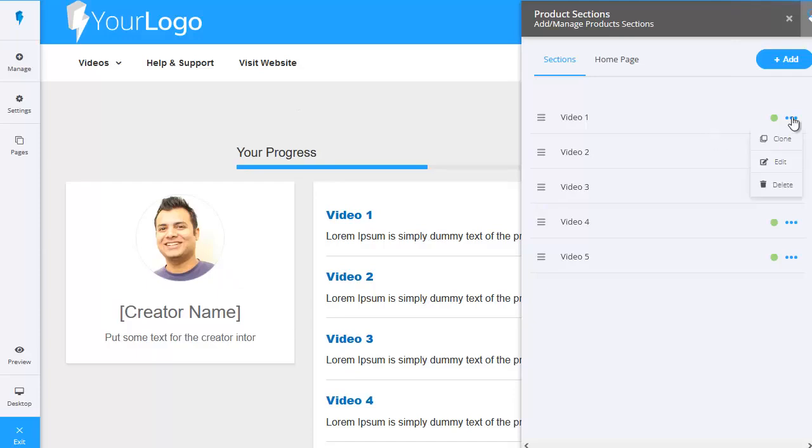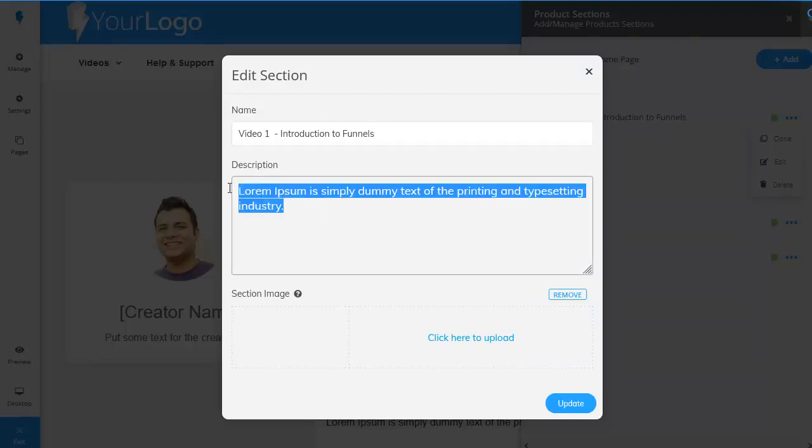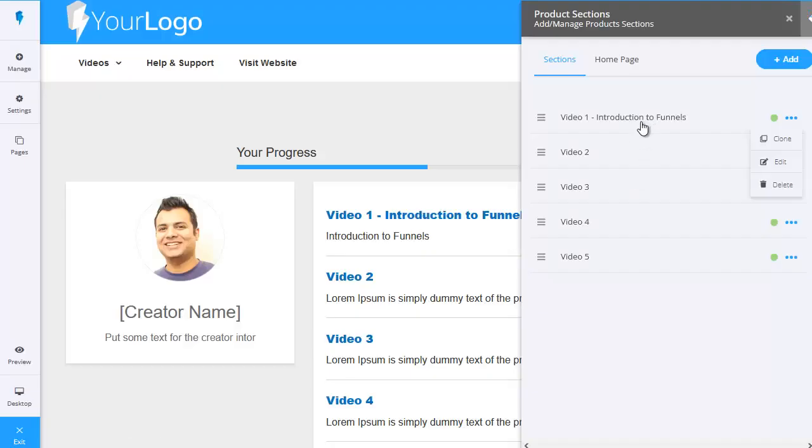So I'm going to click on the three dots here and click on edit, and I'm simply going to pop in an extra bit next to video 1 saying introduction to funnels, and I'm going to pop that down here as well. Obviously you could put in a longer description if you prefer. Then let's click on update,